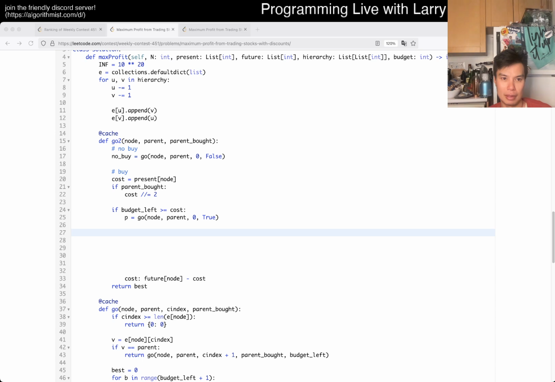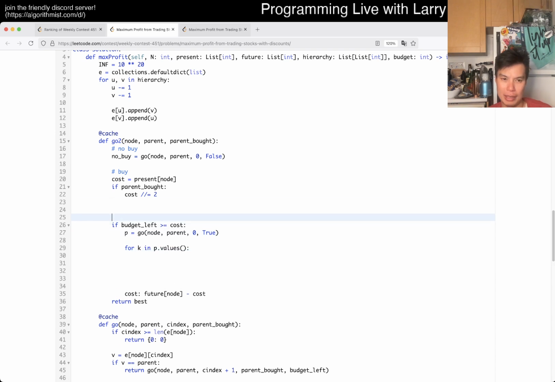Is it just like dot copy? That's a shallow copy. Copy dot deepcopy. That's something that, oh, using the dict constructor. No, it creates a shallow copy. Okay, we'll just write something like for key in P values. Okay, so we have a best, maybe is equal to say